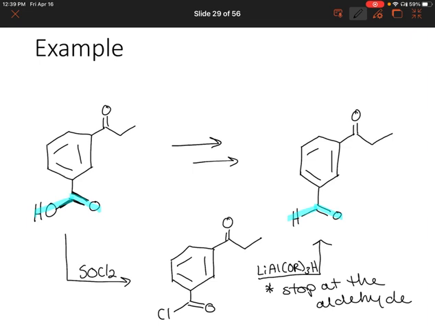Now there is another way that we could perform this reaction. Instead of turning the carboxylic acid into an acid halide and then going to the aldehyde, we could convert the carboxylic acid into an alcohol and then turn the alcohol into an aldehyde. And the way we can do that